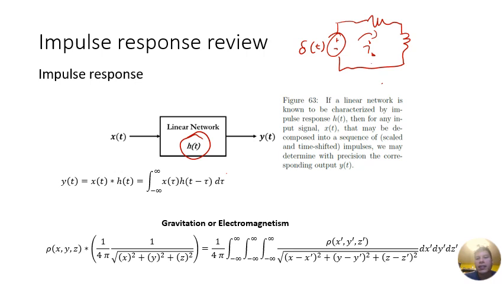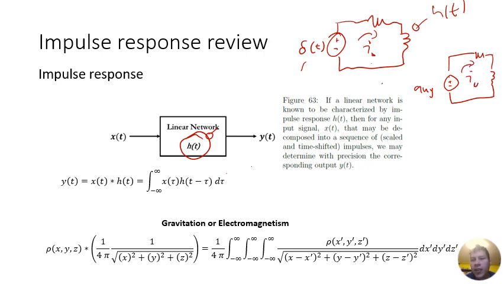What's interesting about the impulse response is that once you know it, I can find the solution to this circuit due to any input. So let's say we solved this circuit and we got h of t,